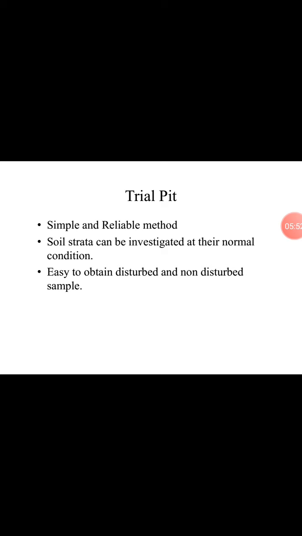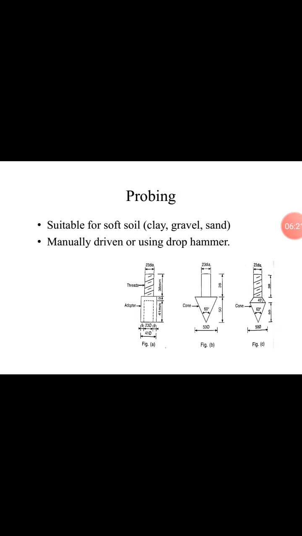In the next figure, different layers of the trial pit are given, like silt, fine sand, coarse sand and loose gravel. Here the thickness or depth of the different layers is different, as seen in figure number 1. The trial pit is excavated up to 4 meters, and the excavation is done mechanically or manually.